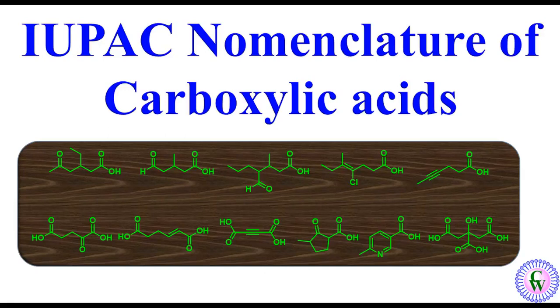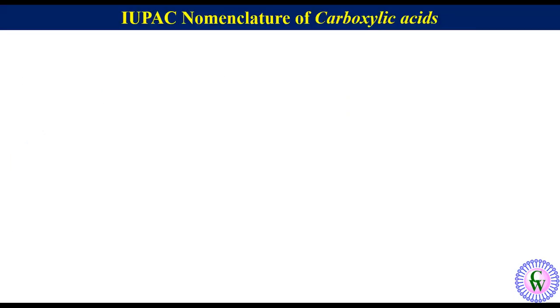In this video, we are going to discuss IUPAC nomenclature of carboxylic acids. A carboxylic acid can be represented as RCOOH. Before going through examples, I will take you through certain points which you should keep in mind while naming carboxylic